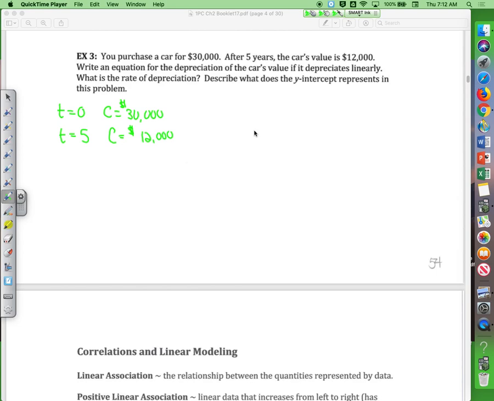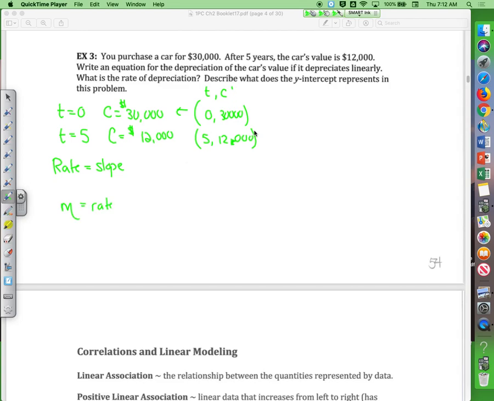So they asked, what's the rate for depreciation? And we said rate is just the slope. So if I find the slope of this, it's really just 2 points. We'll do t comma c is what we're looking at. So 0 comma 30,000, and then the other point is 5 comma 12,000. All right, so if we want to find this slope,